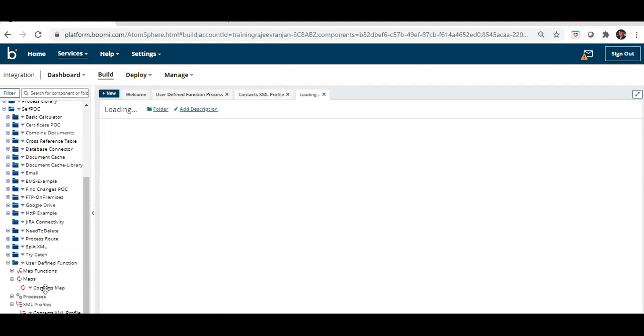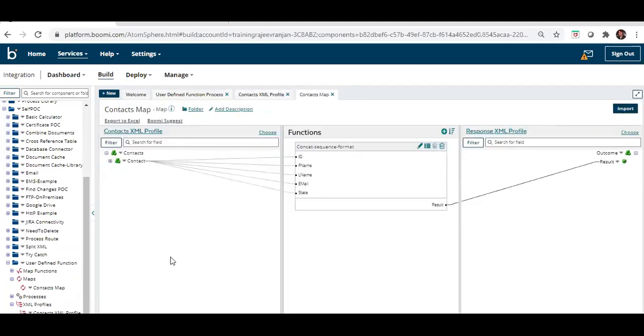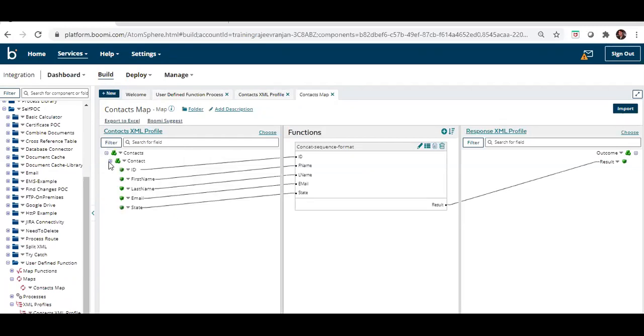This is basically the map, and it is the important part. The purpose of this video is only this. In this map, on the source side, the left hand side, I have taken the contacts XML profile, and this is the function. The function name is concat sequence format.